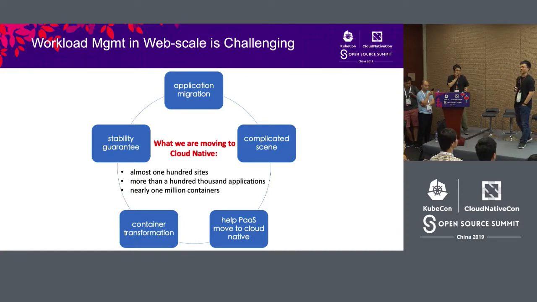Speaking of Ali, the first thing that comes to mind is the November 11th shopping day. Currently, we have nearly 1 million containers on the cloud, distributed in over 100 server rooms, with hundreds of thousands of applications. With this quantity of infrastructure moving to the cloud, we are facing stability and some other risk factors. And we're also assisting the PaaS platforms upstream to migrate to the cloud instead of